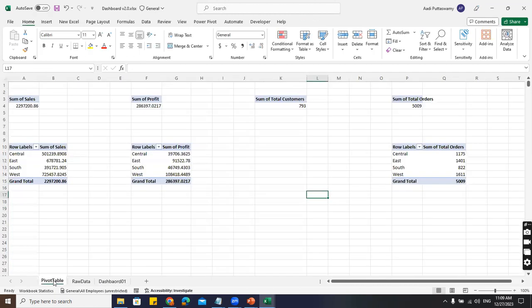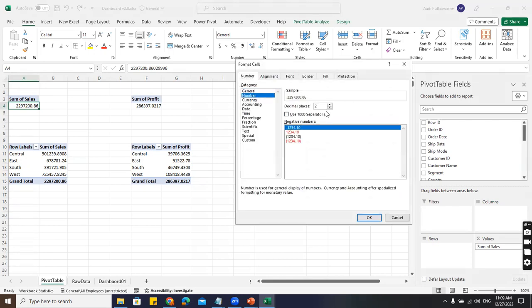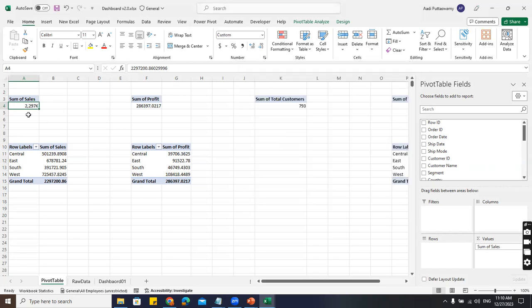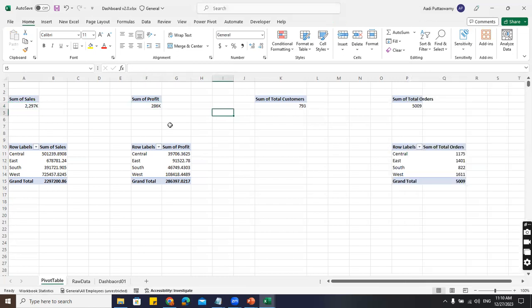So what I'll do, I'll go back to this pivot table, and here I'll select this, and then Control 1. We have this number, say no decimals, thousands separator, and I want this to be like K, that is 1000. Put one comma here in the end and say K. Same thing, I'll say Control C, and here I'll paste that as formats. For profit also we'll get the same. Done. Now if you go back and check here, see,